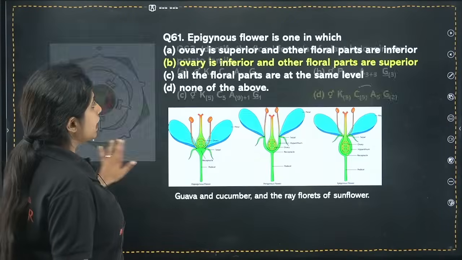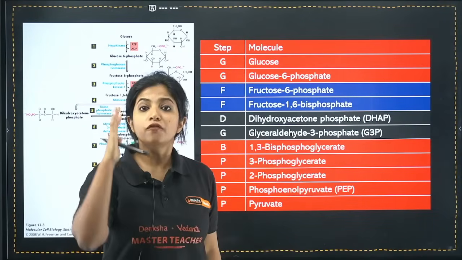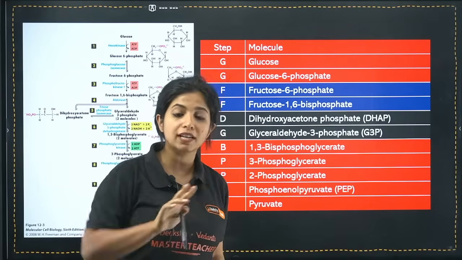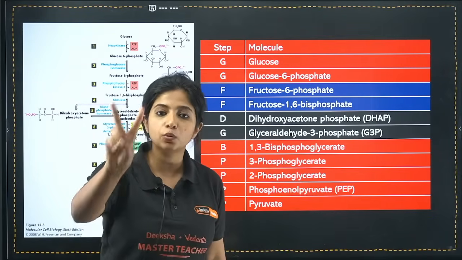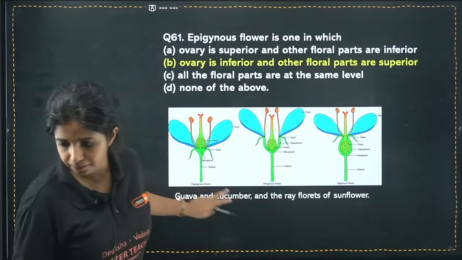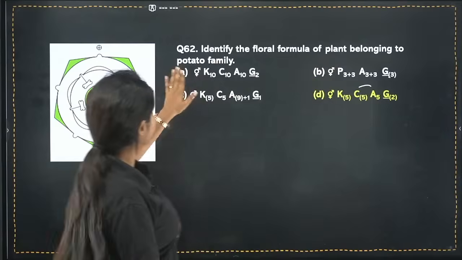Now, in the case of glycolysis, someone is asking how many ATPs are being utilized. 4 ATPs are formed, and 2 ATPs are utilized, which is why 4 minus 2, at the end you get only 2 ATPs. At the end only 2 ATPs are formed. Okay. Now the next thing is to identify the floral formula of a plant belonging to the potato